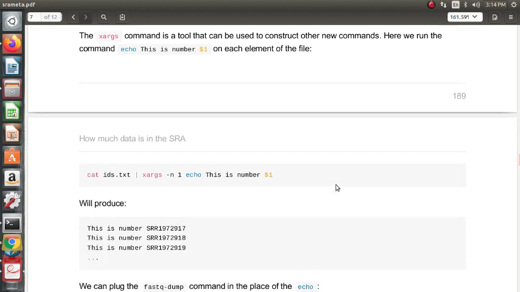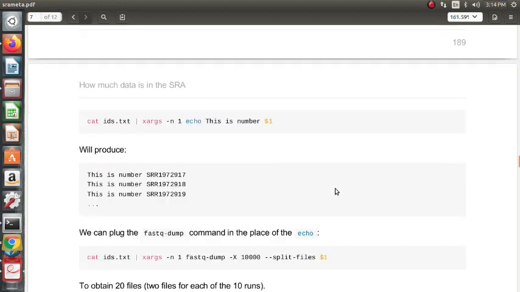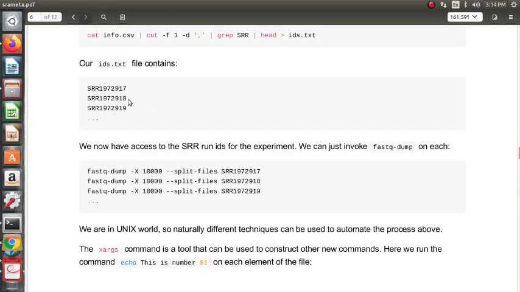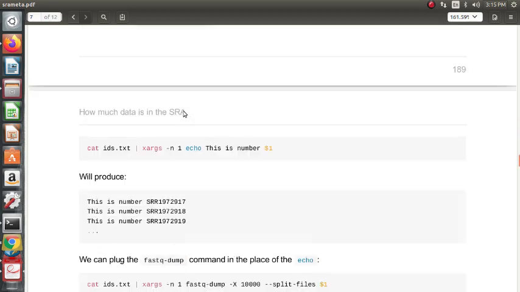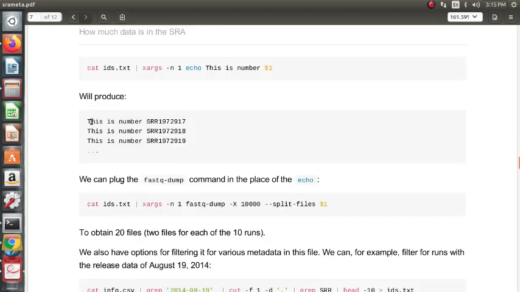For example, instead of showing the output like this, SRR1972917, 1972918, 1972919 in serial order, you can modify it simply using this echo command. This is the common prefix, and this is the number of the SRR IDs.